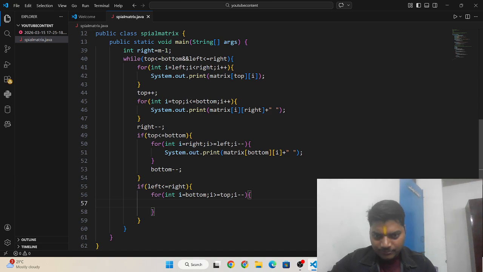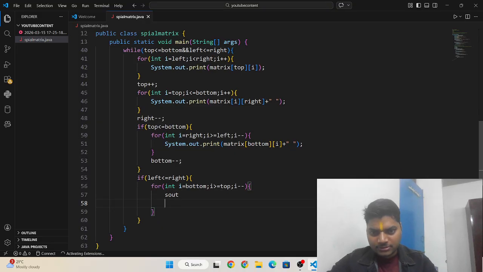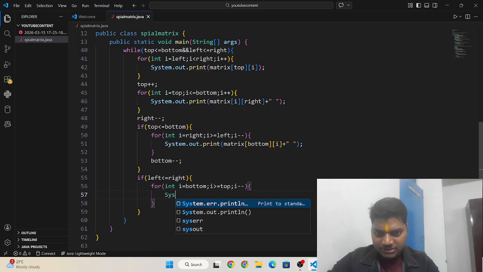Here I need to write, what do I need to write? The loop is starting from bottom, i is greater than or equal to top, and then i minus minus.